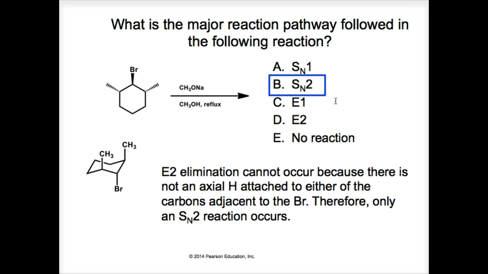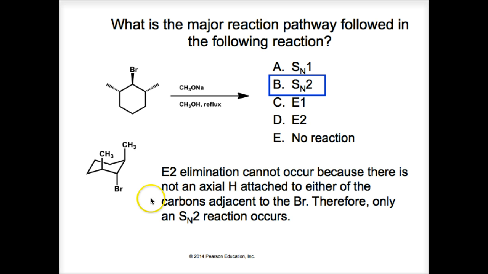So if you write out and show the structure as drawn here on the slide, the boat conformation, in order for these to be on the same side and this on the opposite side, both of these are up, bromine is down. Bromine is axial. We could draw it axial, but for these to be in position as shown here, these two methyl groups will be in the axial position, which means that the hydrogens on these adjacent carbons to the bromine must be in the equatorial. If that's the case, then